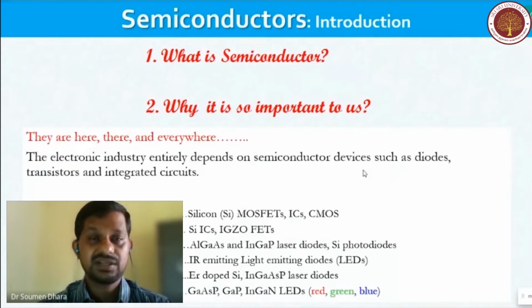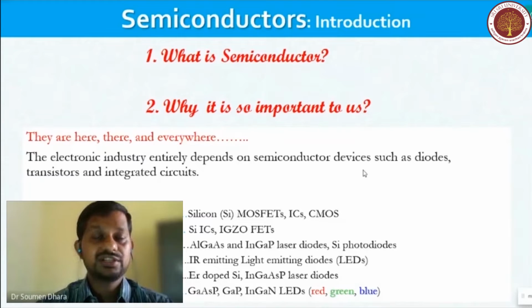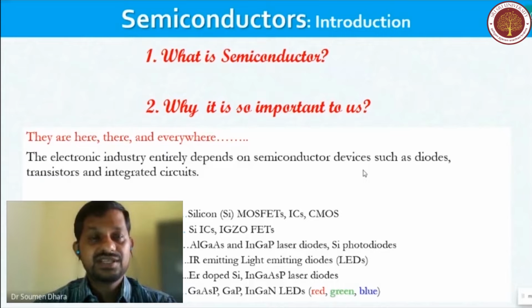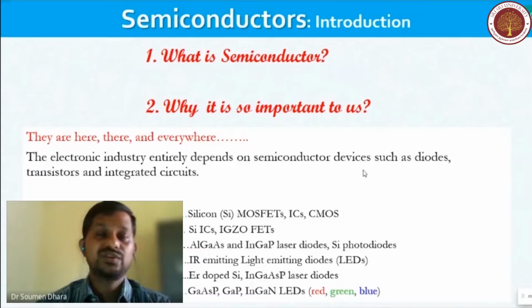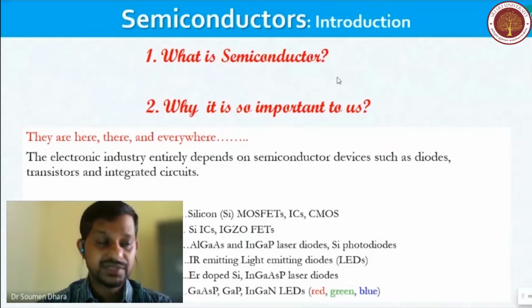Either it is a simple elemental semiconductor or it is a combination of semiconductors. Semiconducting materials are the key components behind each of the electronic devices. So what about the output you are getting from each electronic device? Basically, it is directly connected with the properties of this semiconducting material. How the semiconductor material will behave depending upon the external environment, the surrounding electric field, the surrounding temperature, that actually reflects on the output of this particular device,